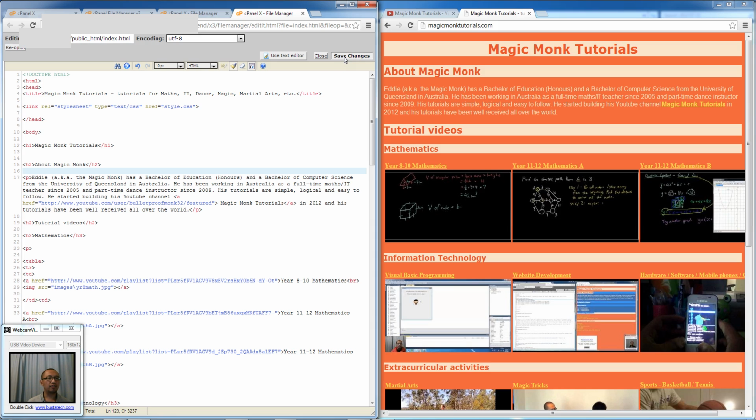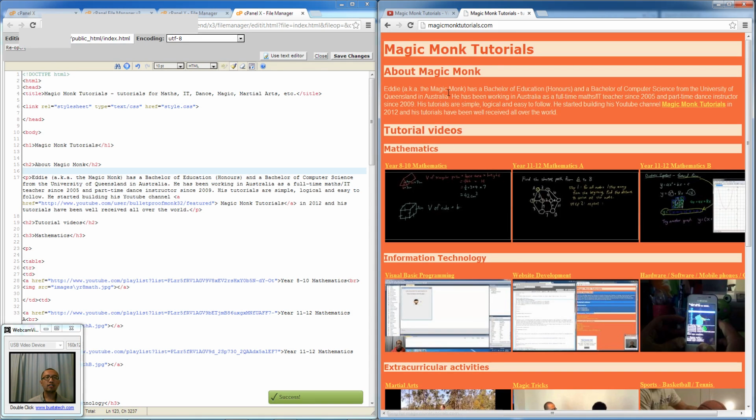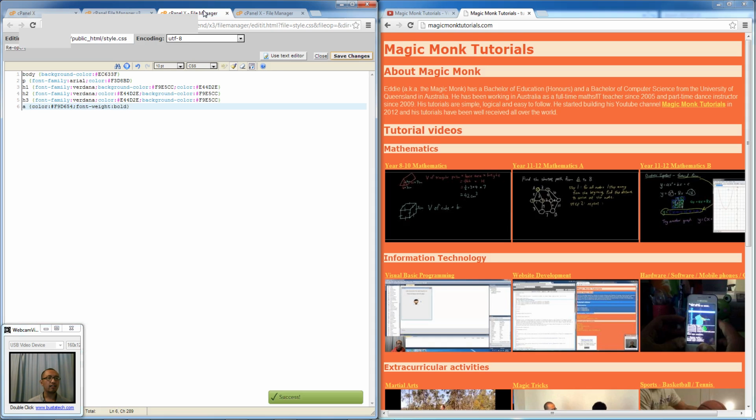So if you save changes here and you refresh the page here, what happens is it's still working. So it shows that this is definitely referring to style.css. So if we change something in style.css,